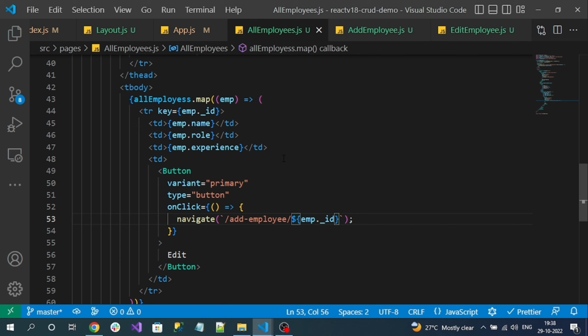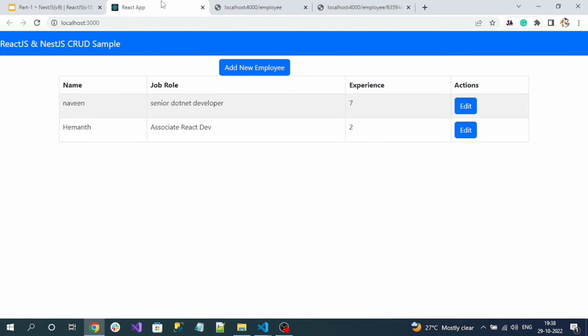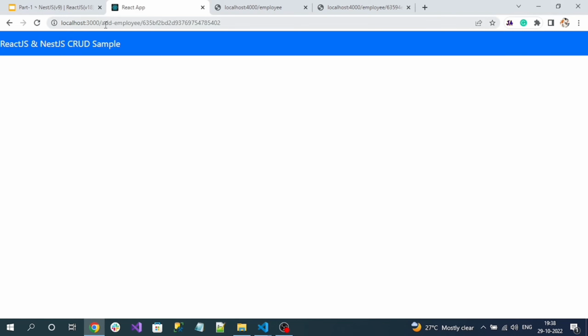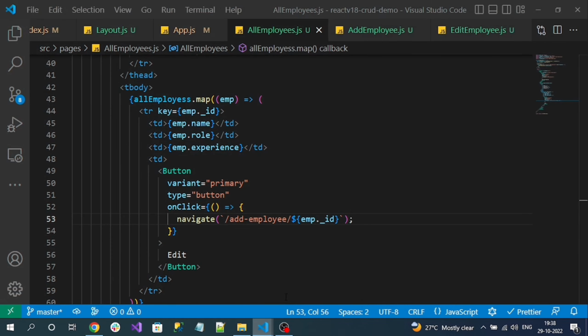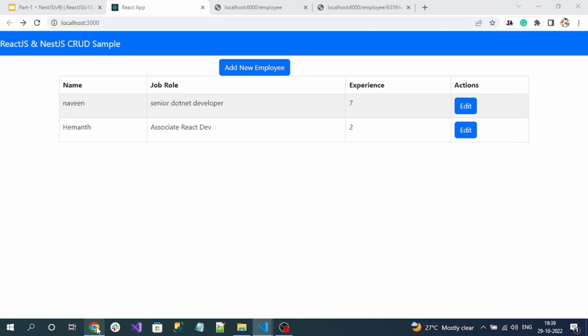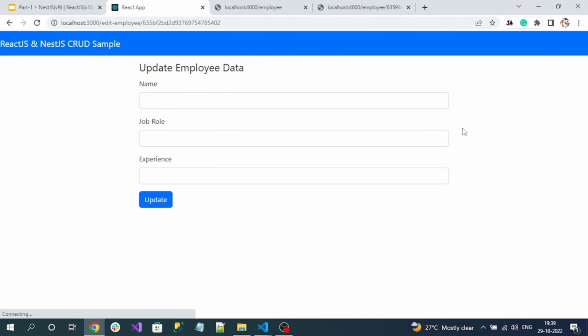Now if I check my website, if the user clicks on edit, I am hoping the form must be populated with the data that needs to be edited. Let's go over here. Now we got the edit button. If I click on the edit button, sorry, I have given the wrong route here. If you see, add employee is coming, right? So the path I have given is wrong. It should be edit employee. Now check again. If I click on edit,